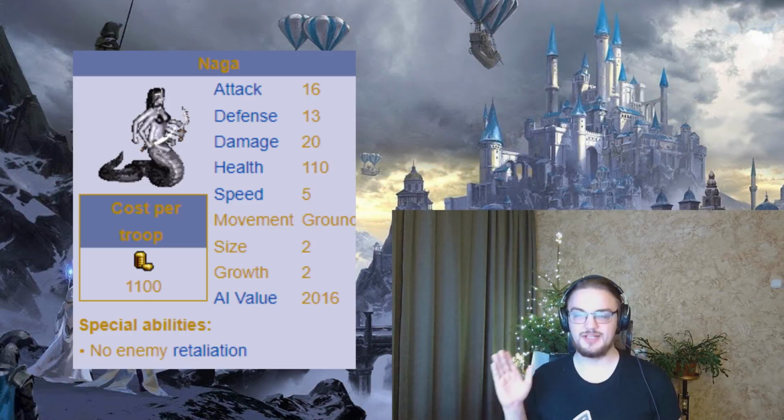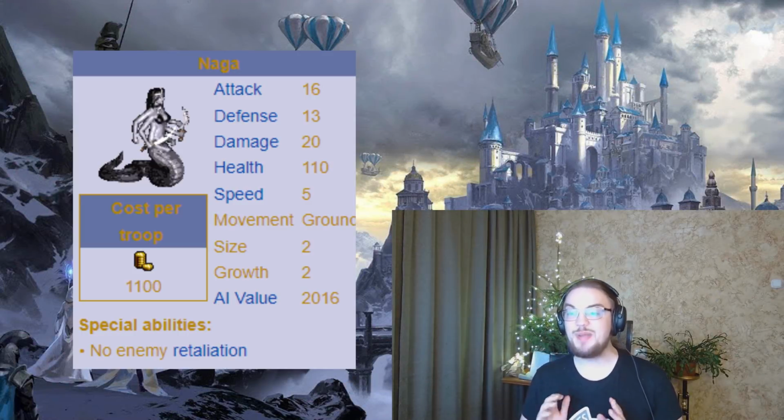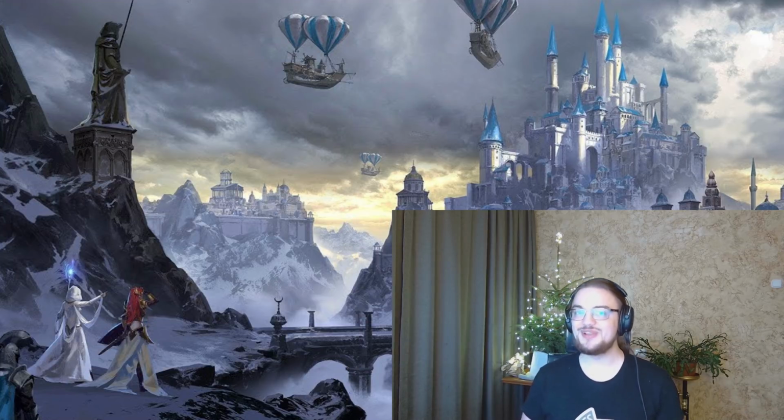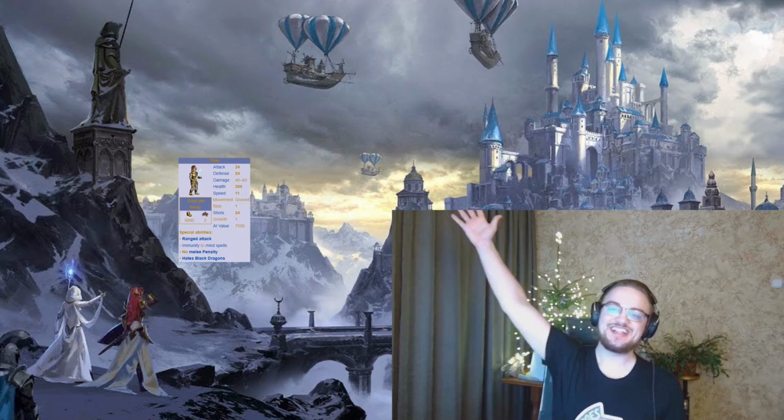Next up we have the Nagas, and Nagas are some of the best units in the game. They are really tanky, they deal a lot of damage, and they have a very good special ability because they do not take any retaliations. The main drawback of Naga is their cost and also their low movement. The low movement can be made up for by the Master Genie buff, so honestly, in Tower Faction, Naga Queens sometimes are the endgame power stat that you're using, but if you have enough gold, then you can go for